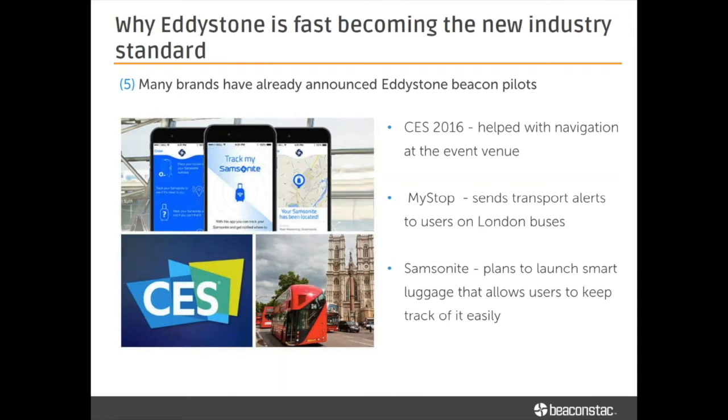So I think a lot of the conversation so far has been either I do an app strategy or I do Eddystone. But this is a really interesting case in which Eddystone was used to complement an app strategy by helping to drive downloads. Another really interesting one that we've seen was something called MyStop, which sent automated transport alerts